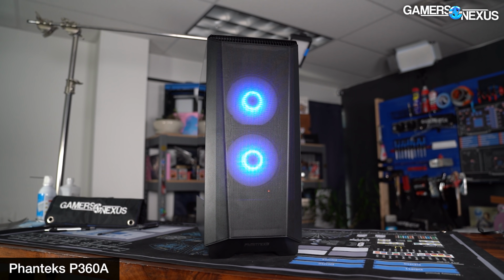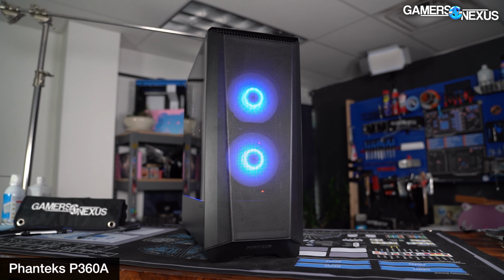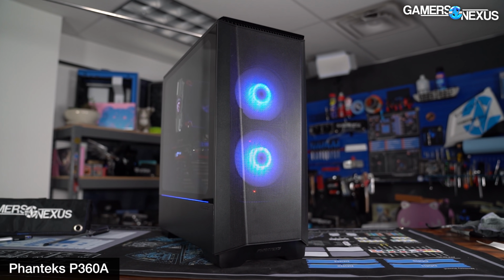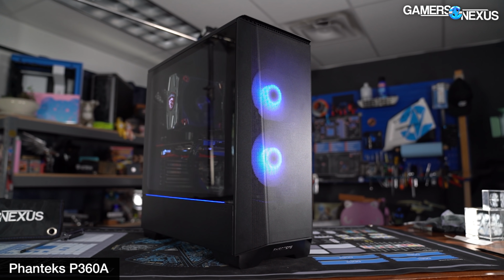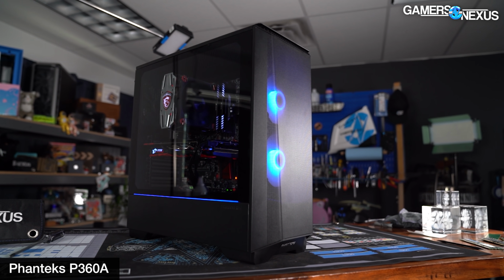For example, we named the P360A as an early favorite for this category, which originally had a $60 MSRP. It now sells for $80. That eliminates it from the running, unfortunately for Fantex. And also, it's a terrible $80 case when it was an okay $60 case, so it eliminates it in general